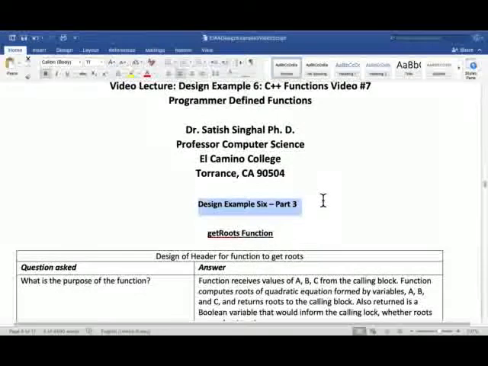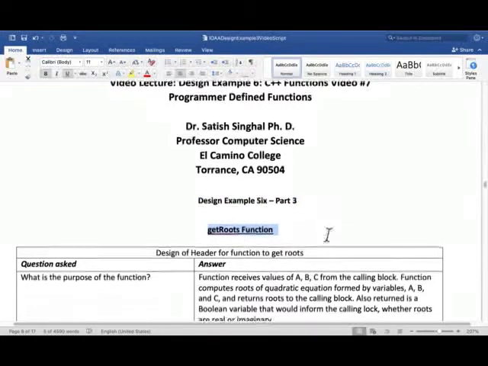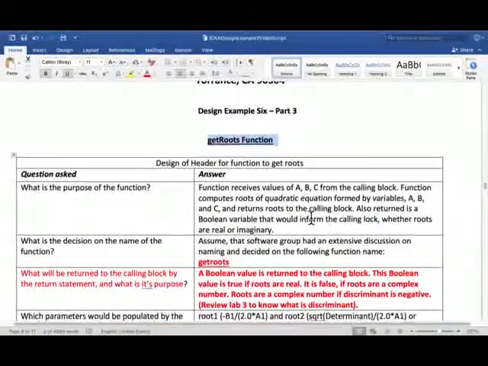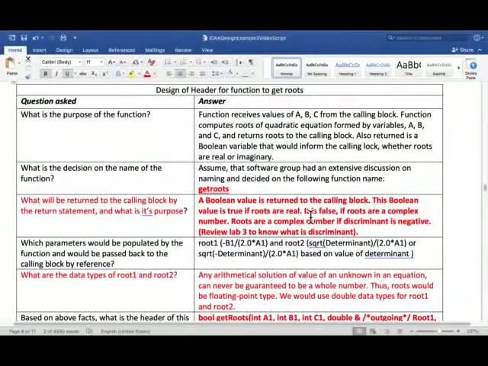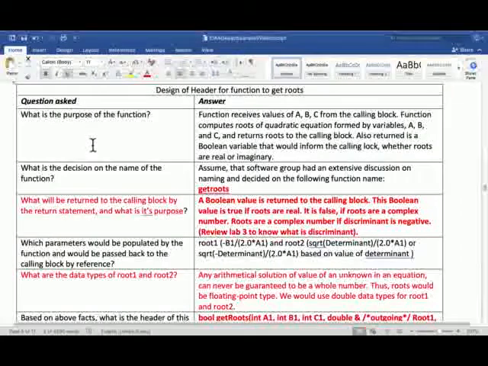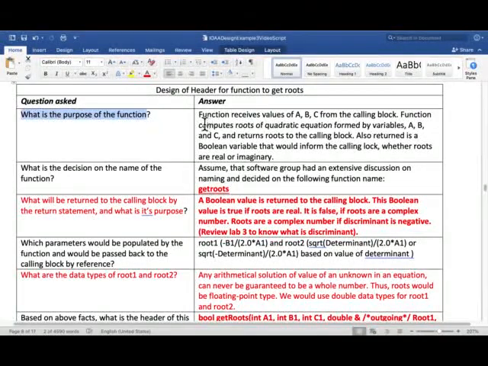Here I'm going to discuss a function called getRoots. Let's see how we can design the header of the function. This is done in a series of questions and answers. The left column asks the question, and the right column answers them. What is the purpose of the function? The function receives